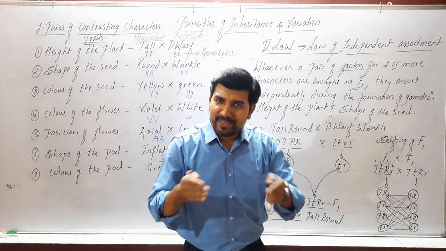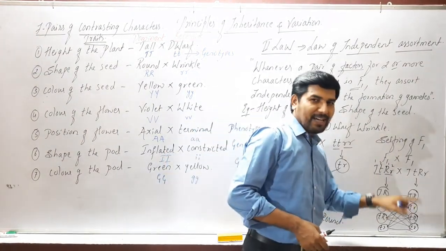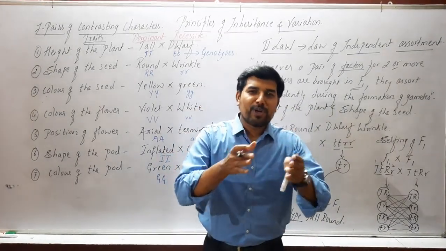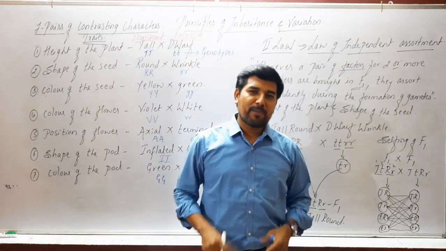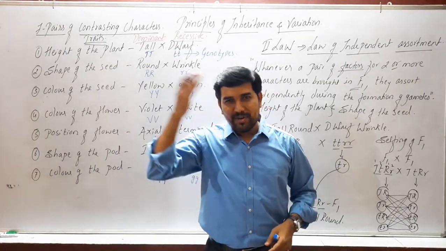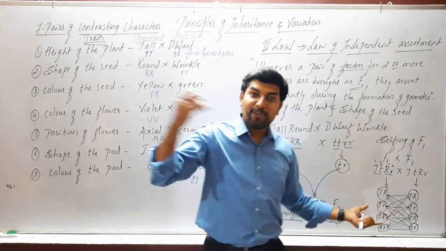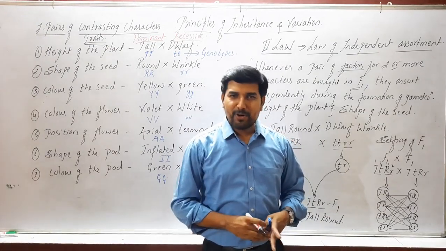Suppose we do such type of crossing, then we will not come to know what the phenotype of F2 is. Because of this confusion, we are going to write it in a checkerboard, which we call a Punnett square. Punnett is the name of a person who first showed that board just to identify the F2 in dihybrid as well as monohybrid crosses also.